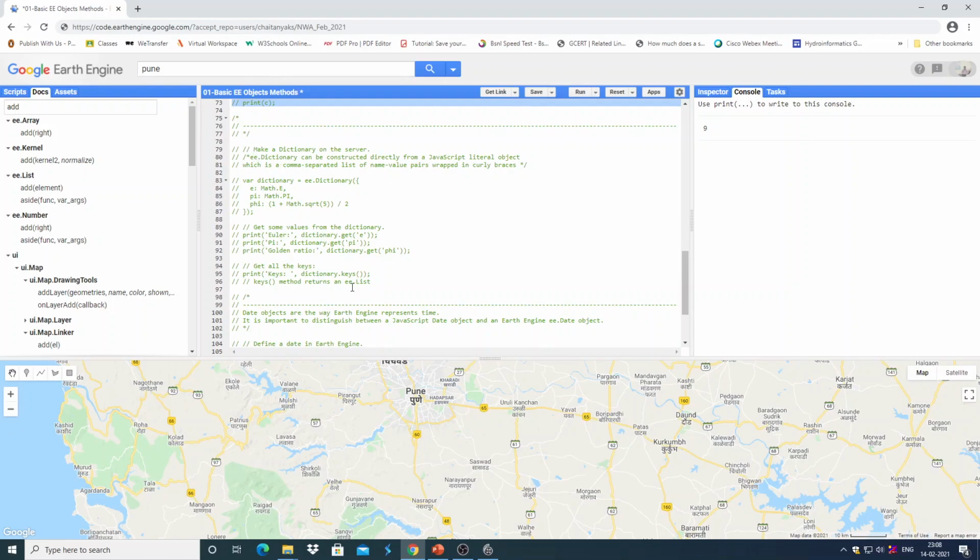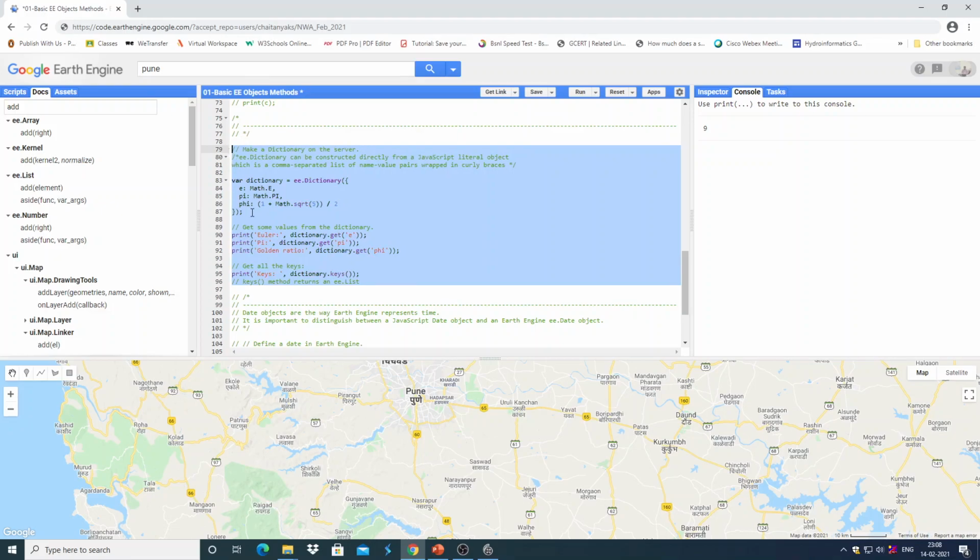Using the ee.Dictionary constructor, we will construct a dictionary, and it is again an Earth Engine object, an Earth Engine dictionary object, and we get the values from the dictionary using the get method.